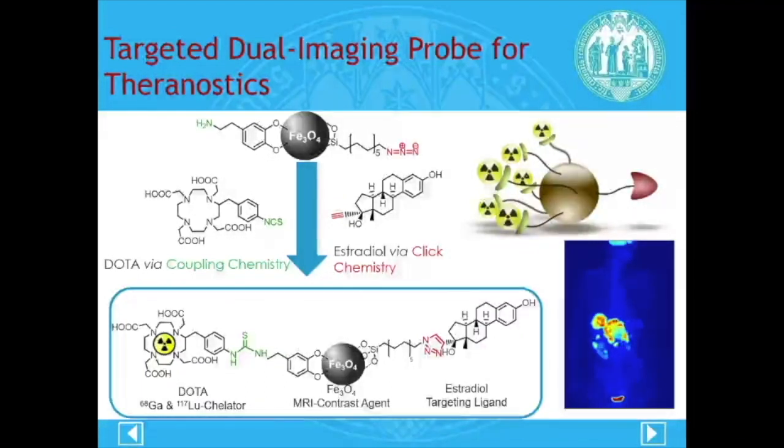And this has been realized by combining these, as you see here on the iron oxide nanoparticle. On one side we have a functional ligand with amino functionality, which can then be used, for example, for coupling a chelate like DOTA, which is good for coordinating radioactive nuclides like 68 gallium or 177 lutetium. Or on the right side, we have a group with an azide unit on the outside of the nanoparticle, and this can be used for an azide-alkyne coupling, a dipolar cycloaddition,